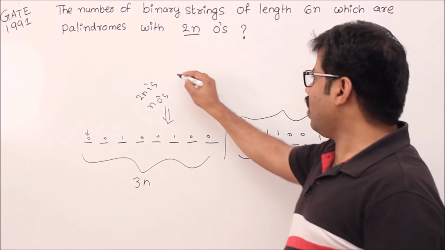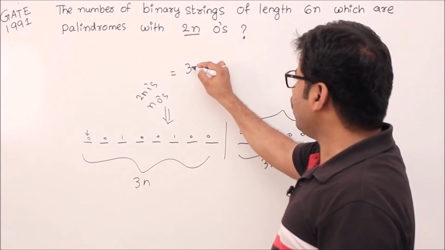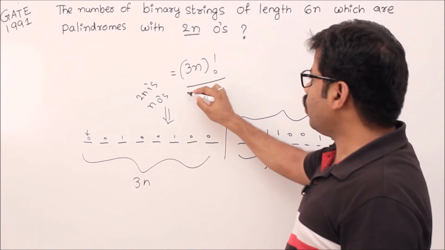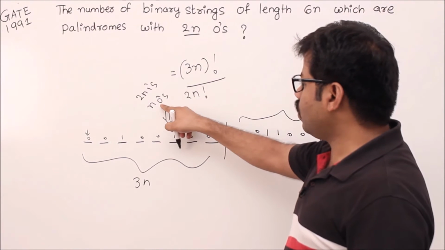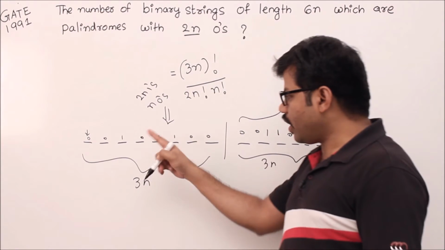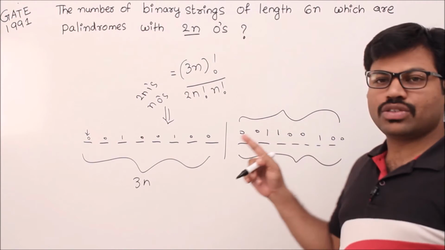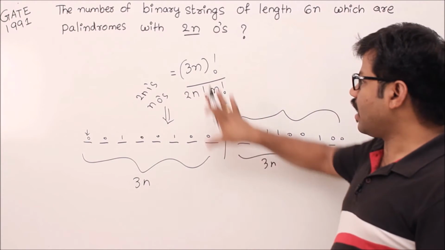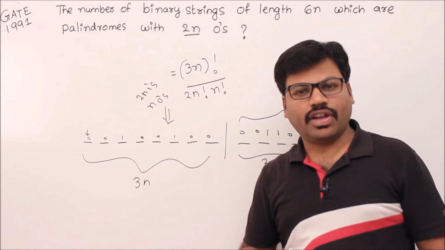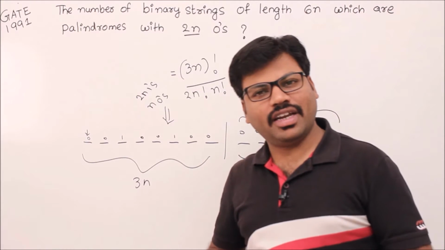Then we have a formula. So it's template number 5. In template number 5, you have studied that it is nothing but 3n factorial divided by the duplicates, 2n factorial, and this zero object is repeated n times, so n factorial. So this many ways you can arrange zeros and ones here. The same thing will be copied here, so there is no other way. Then exactly this is the answer, 3n factorial by 2n factorial into n factorial, correct? So in that way you can easily solve questions related to GATE.